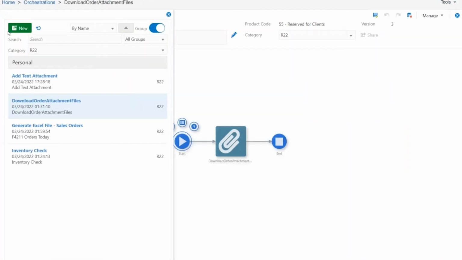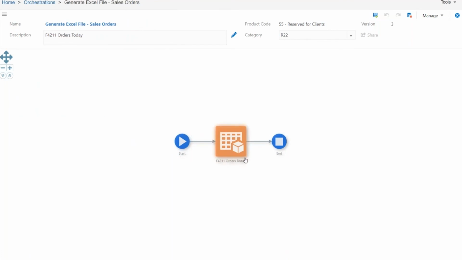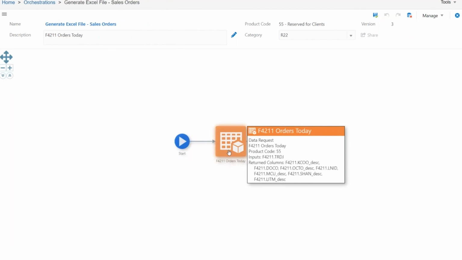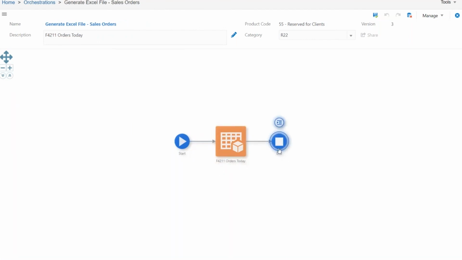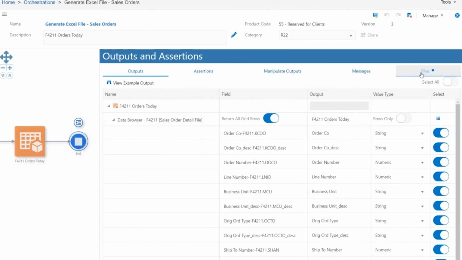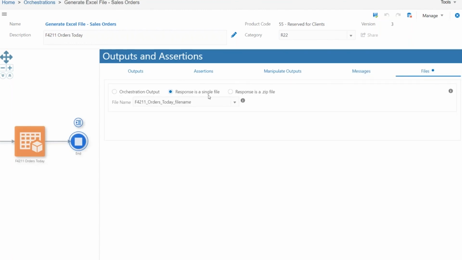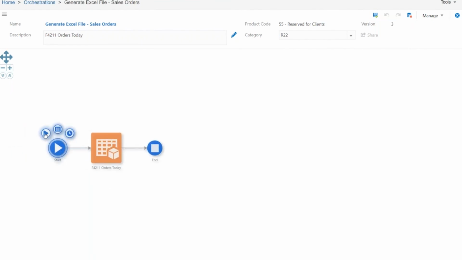Now, the last one is the opportunity to generate files, whether it's me actually consuming an Excel file without an FTP or generating a flat file Excel document that can be used in all different types of integration. So this here is an example of me generating a file. I'm doing a data request for all of the sales orders for today. And in your outputs, you'll see this files tab where I can determine, is this a single file? Is this multiple files I want to create in a zip? And what is the file name that I'm going to be creating? So when I run this,